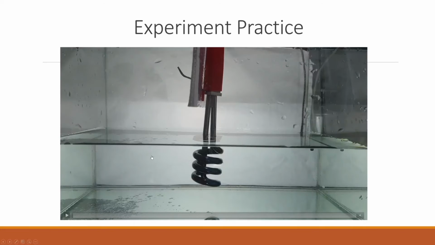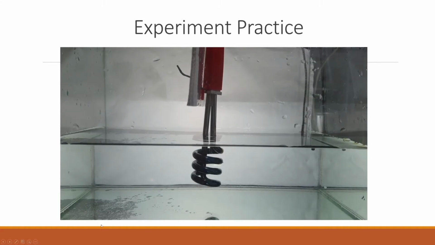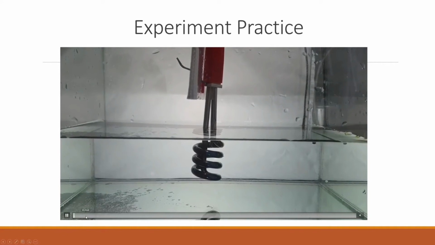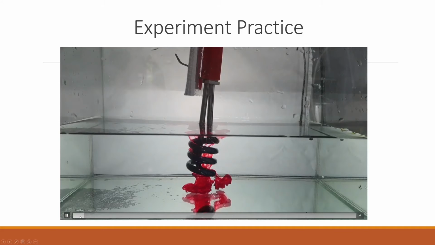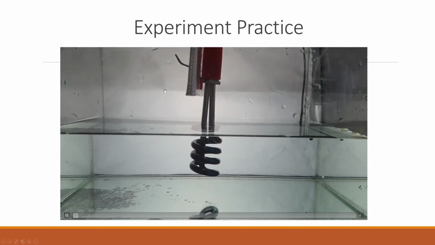Okay, we move to the experiment. This is the first variation. In this variation the heating element is at the middle, and the heating element is not turned on, it is turned off. So I'm just going to skip it a bit. Now that's the injection. That's how you inject it.